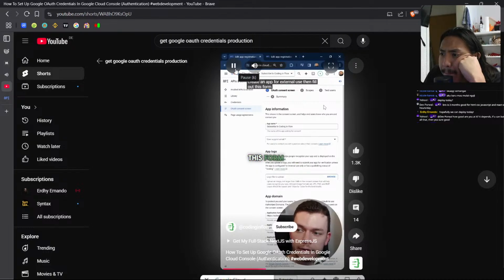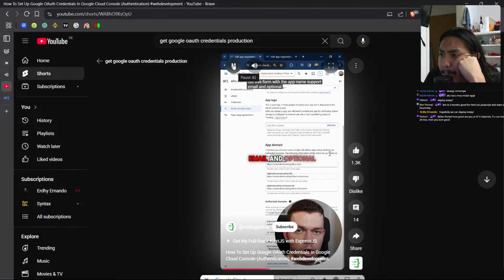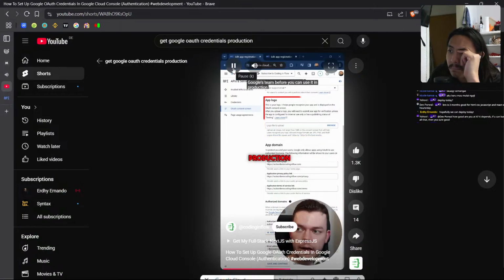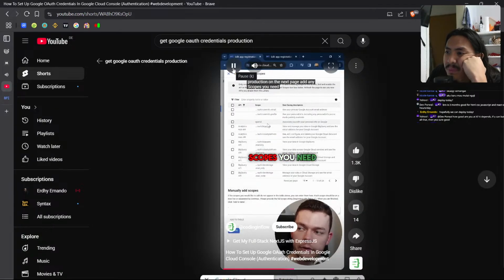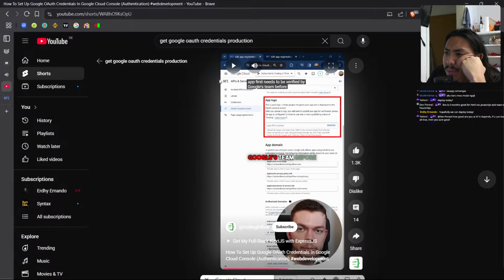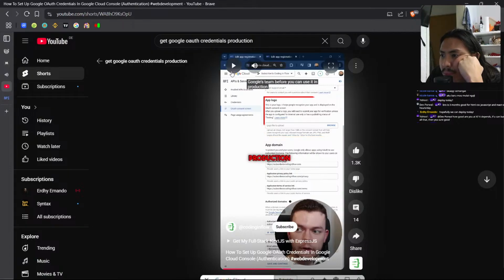Then fill out this form with the app name, support email, and optional links to your website, privacy policy, and terms and conditions. Important, leave the app logo empty, because if you provide a logo here, your app first needs to be verified by Google's team before you can use it in production. On the next page, add any scopes you need. If you just need authentication, then these two non-sensitive scopes here at the top are enough. Save the consent